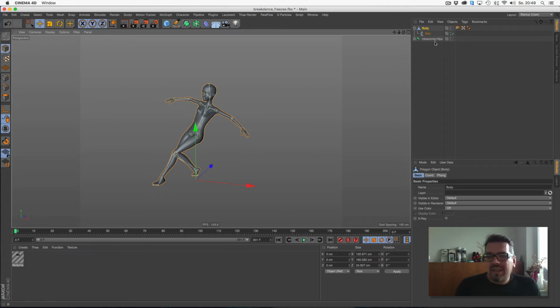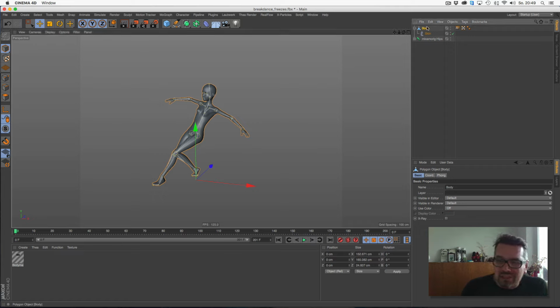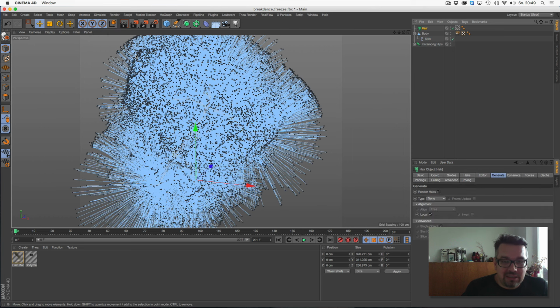And now the next step is very easy. I just select the mesh object, the body of the girl, and go to Simulation, Hair, and say Add Hair, like this. Okay, and that's all. Not really, it's a bit more, but not much.